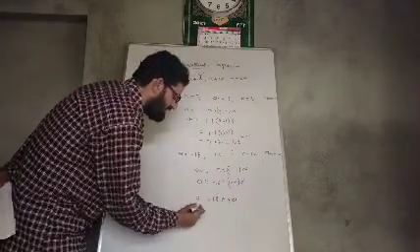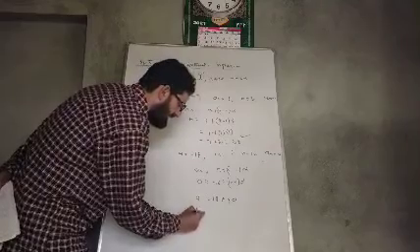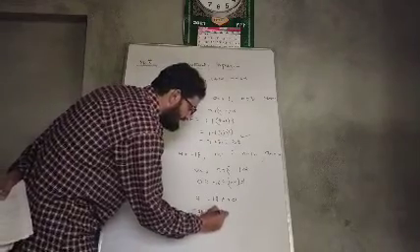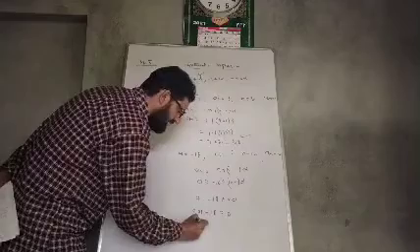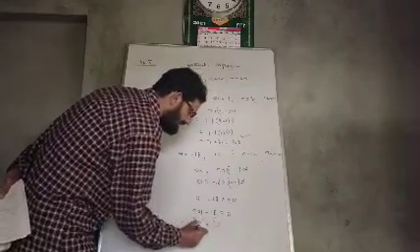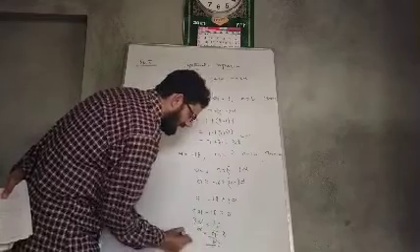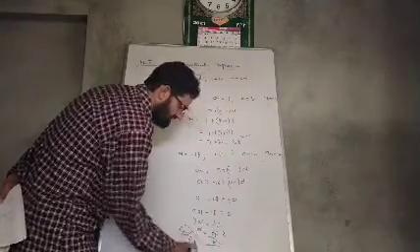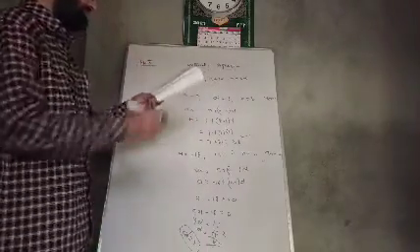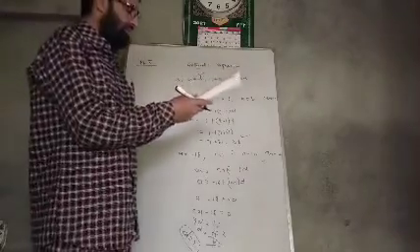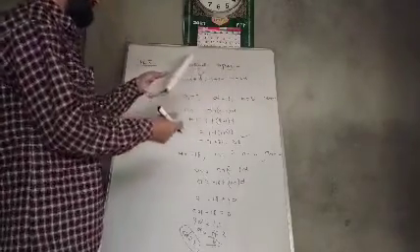Now shifting this 18 to the other side, we can write 9D minus 18 is equal to 0, or 9D is equal to 18. What is D? D is equal to 18 by 9. 9 ones are 9, 9 twos are 18. So D is equal to 2. Simple. Similarly,